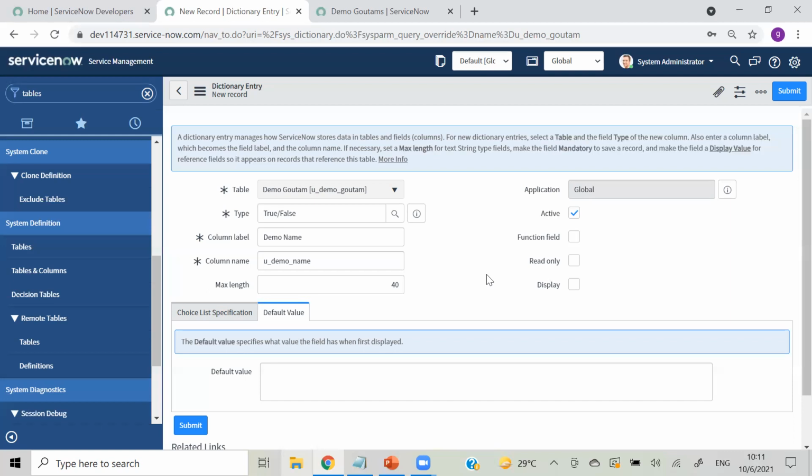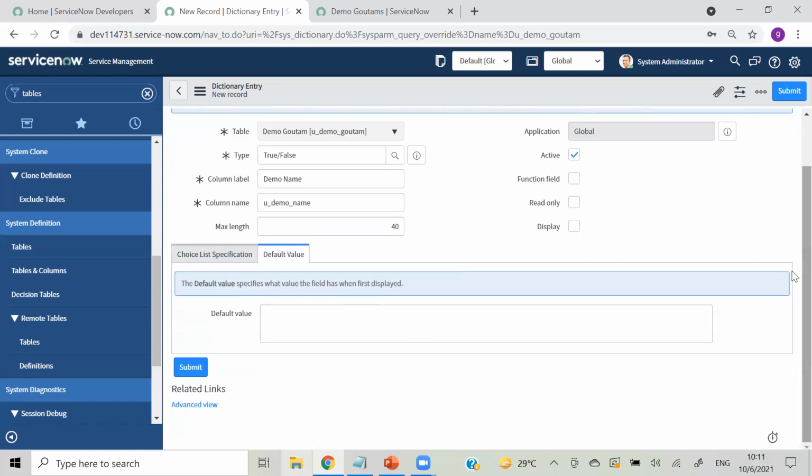Okay, and on the right hand side we have read only. So should that field be only read only, and should that field be displayed on the form, yes or no? And on the bottom, if you want to show any default value whenever the page gets loaded, you want to show that as true or false, or if that is a string, you want to show any default value there, so that is for that.